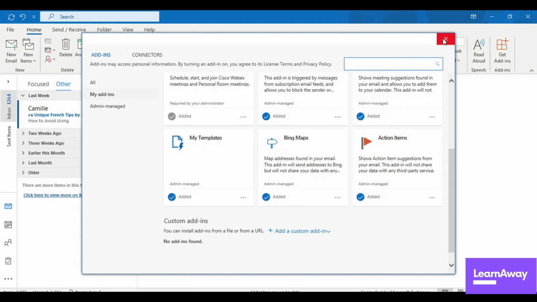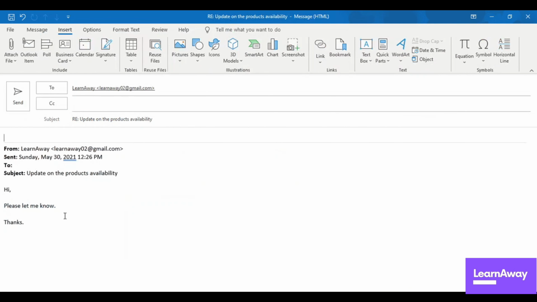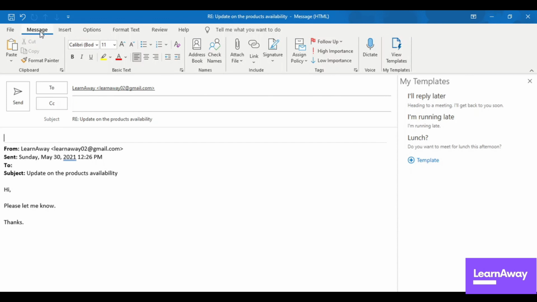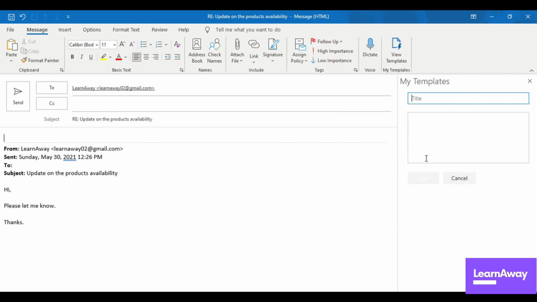Then I'll show you how you can edit it. Say you get frequent requests from your customers and you have a fixed reply about it. So you can have your template saved here. In the message tab, you have to click on View Templates and you will get some saved templates here. And you also have an option of adding your templates. So I'll select